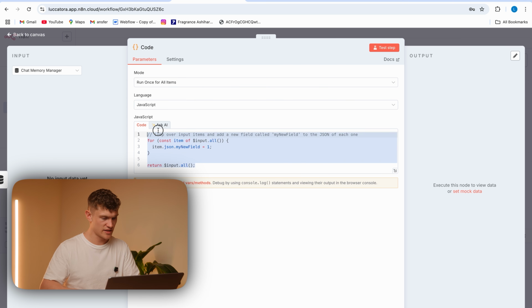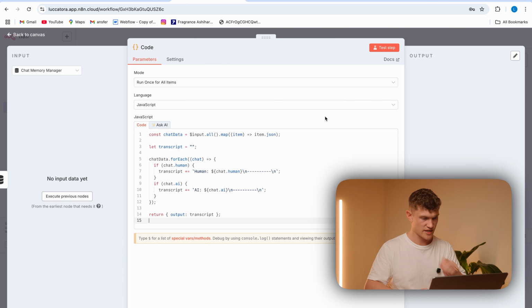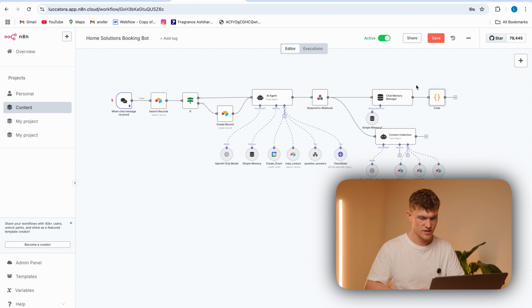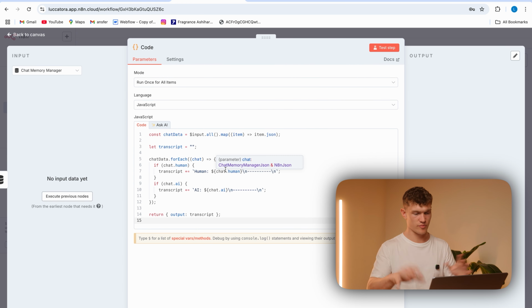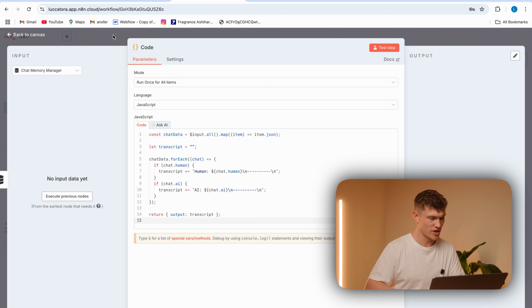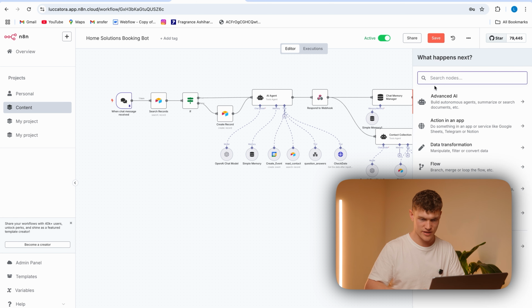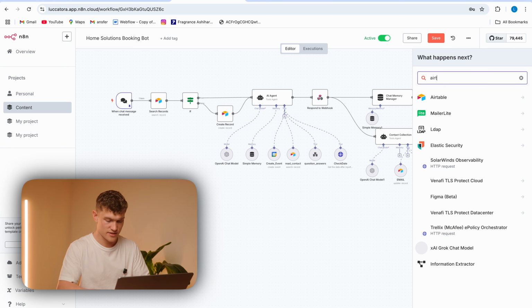This is a little bit of code that we did that literally just cleans up the transcripts. It won't work if I press test with it. So you can pause, copy this, or get the template in the community, whatever you like, but it just helps clean it up. And then the last thing we are going to do